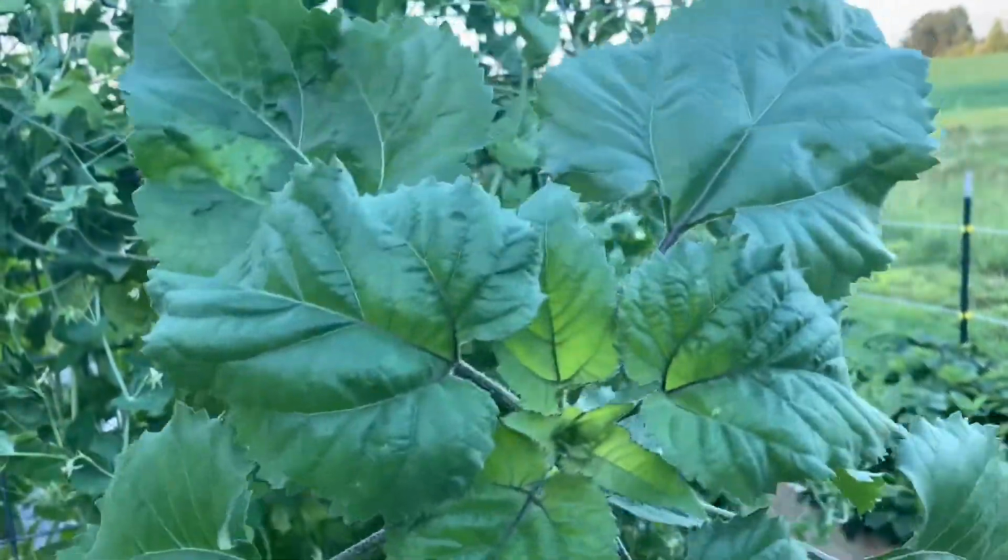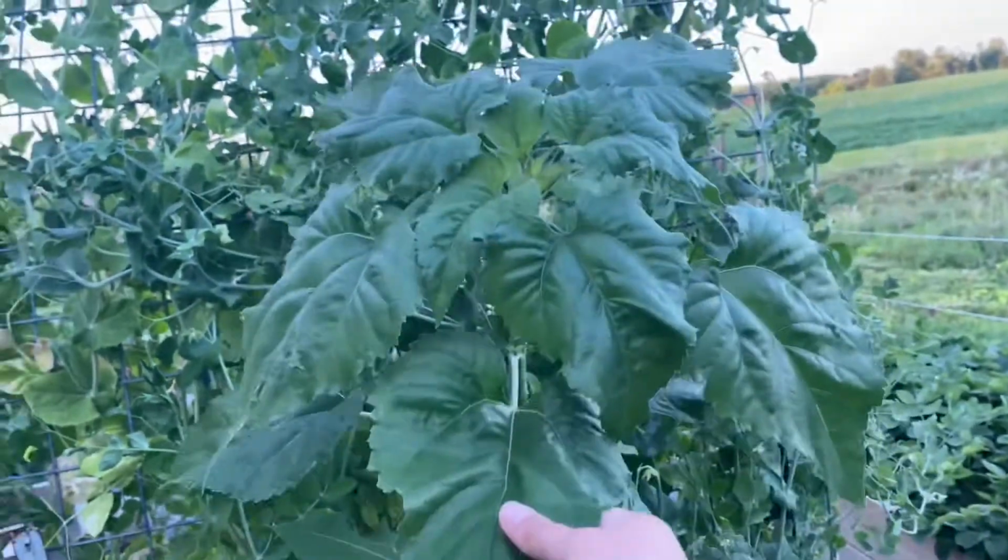Obviously, if you don't have a rogue something, are you even a gardener? Speaking of rogue sunflowers,